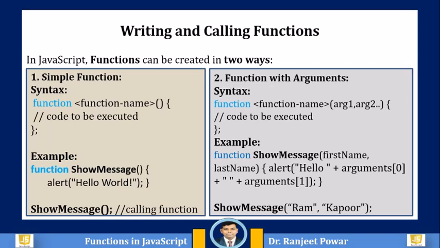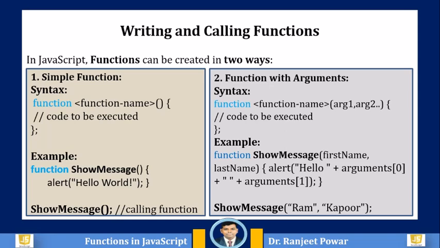Data that is needed by the function to perform its task is not written into the function definition; it must be passed to the function as an argument. A function can have one or more parameters or arguments, which will be supplied by the calling code and can be used inside the function.